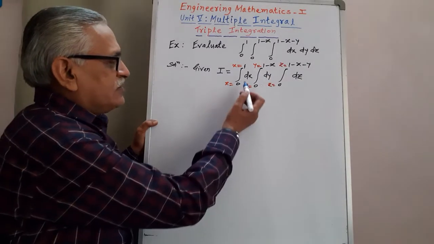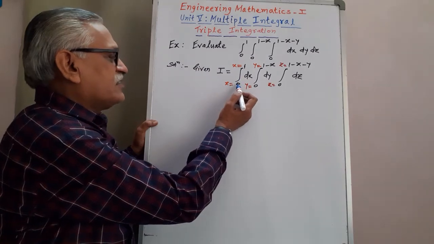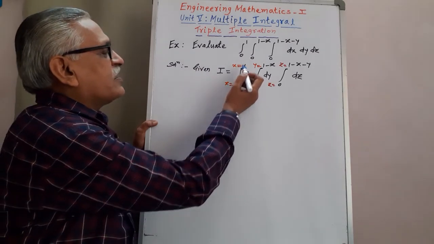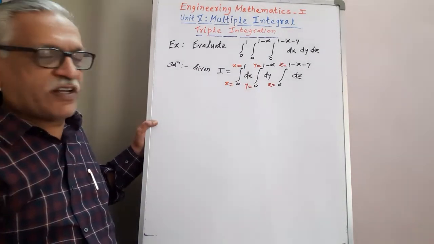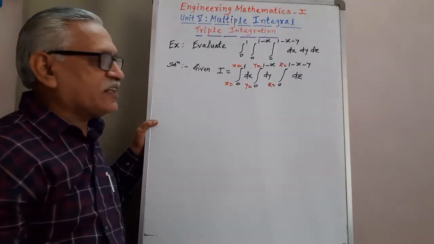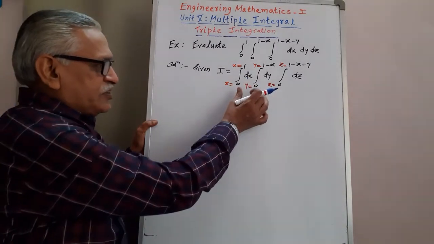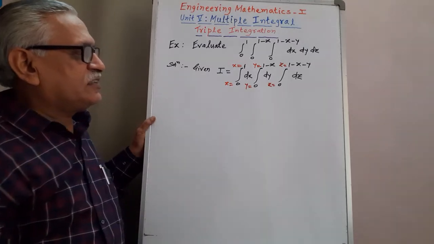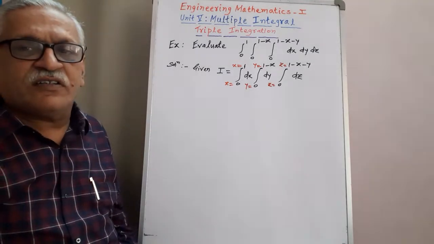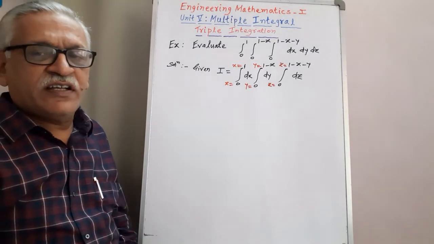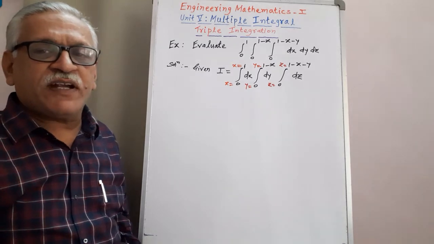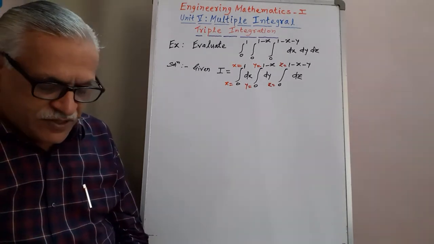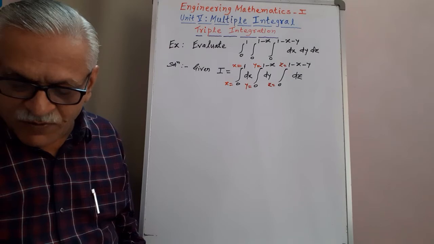And therefore the last one, the outer integral, limit must be for x equal to 0 to x equal to 1, means we have to integrate it with respect to x. Therefore this step is very, very important, where we have to decide the order in which we have to perform that triple integration. And after deciding that, we perform that